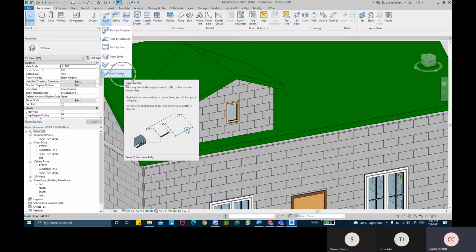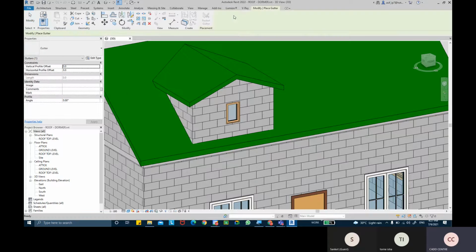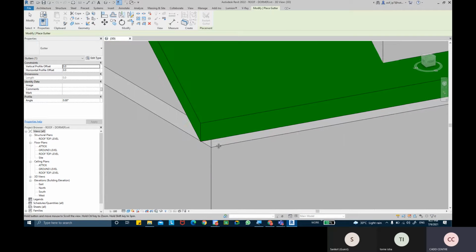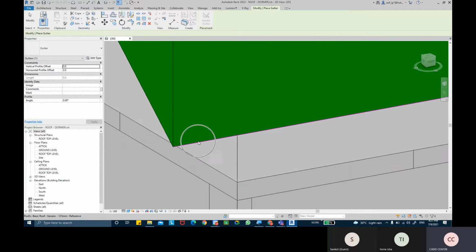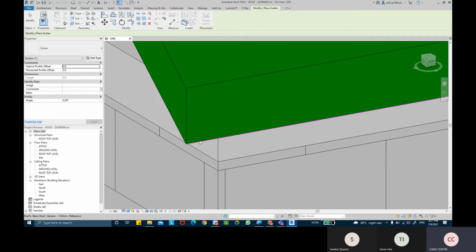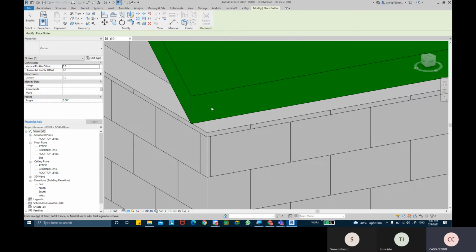So I'm picking the roof command, roof gutter, and the moment I select it, it will tell me to place the gutter, for which I need to select the line of the roof end. If I select this edge line, it will be applied from that edge, and if I select this line, it will be applied from that particular edge. So select the edge from which you want to hang the gutter. Maybe I'm going to select this edge over here.